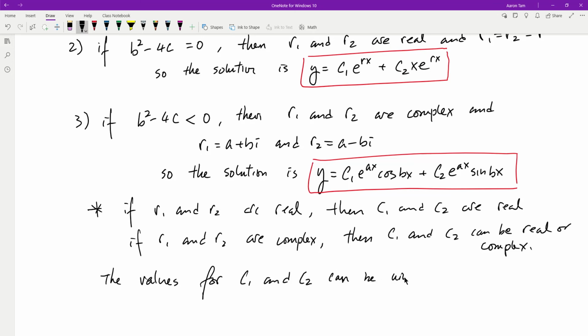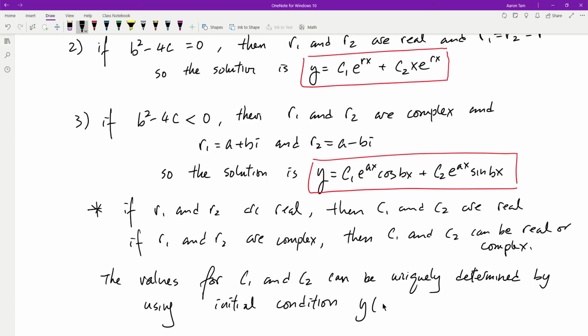Can be uniquely determined by using initial condition. And the initial condition is exactly the same: y of, let's say, some number x sub 0 equal to a, and y prime of x sub 0 equal to b. Remember, they are initial conditions, therefore they must be at the same exact x value. So this would be our theorem for a while until we're ready to move on to talk about,